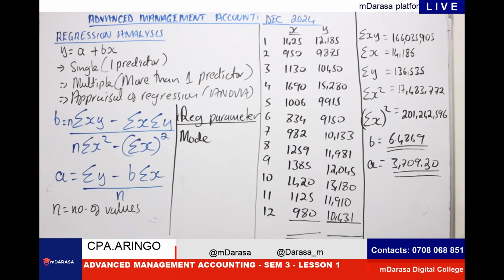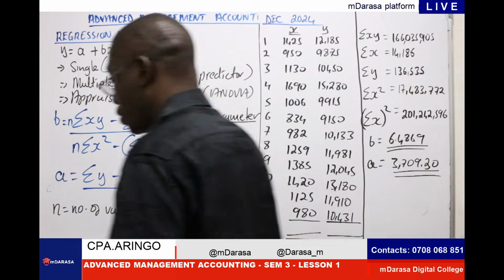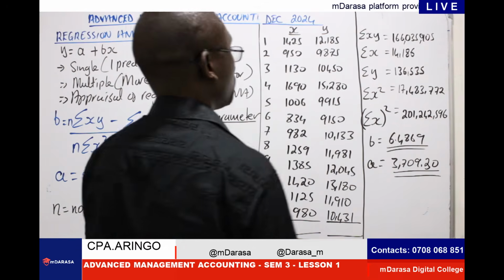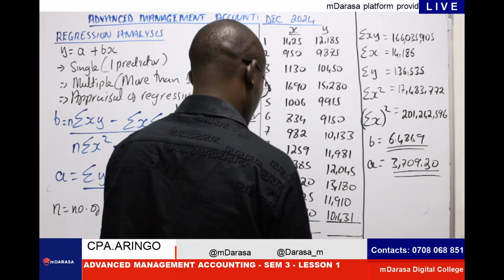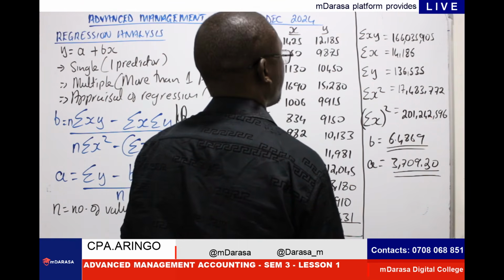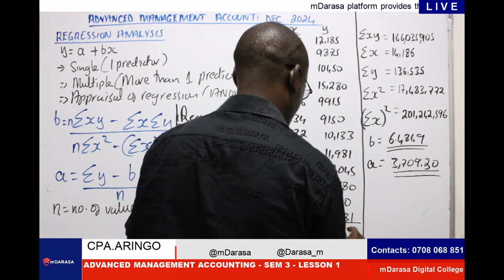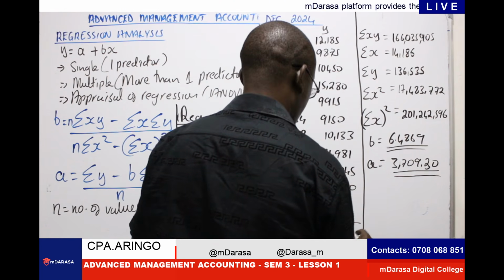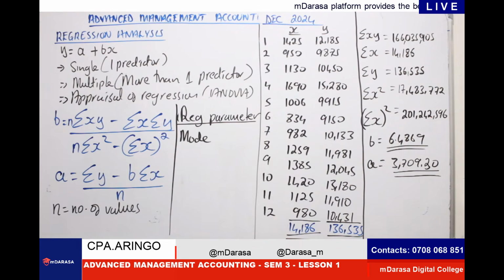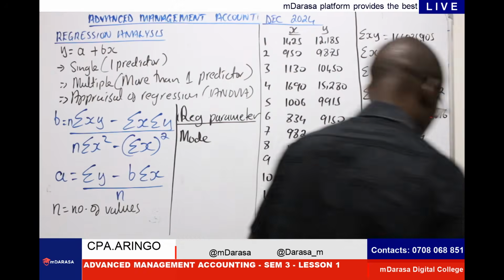In that case, you literally indicated your elements here. So for exam's purposes, what you can do now, you come and do just a summation. Indicate the summation of what we've done, 14,186, and I have summation of y to be 136,535. See? So once done with that, we come now to our next point here.